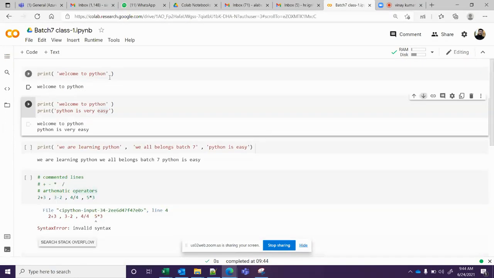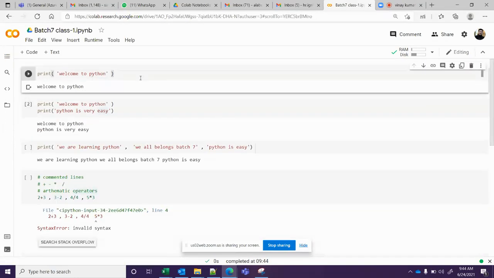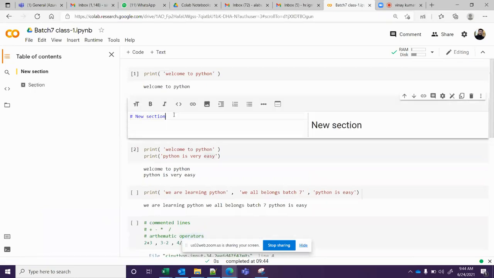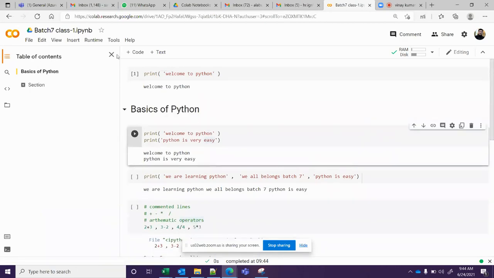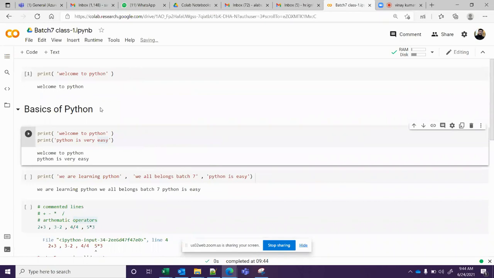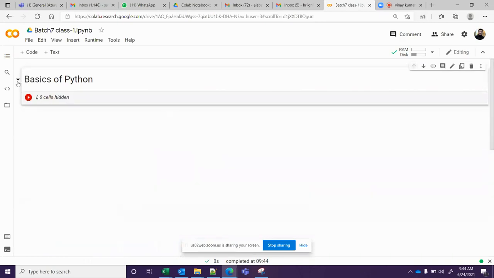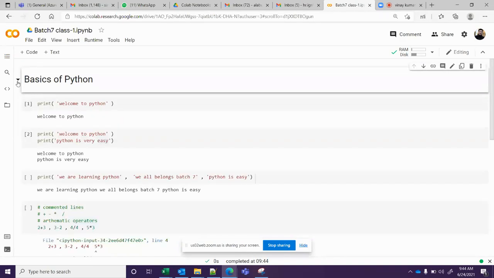I wanted to add a section here where, whenever you write notes, you write a clean heading. For that, we have something called a section. Go to section and write something here, basics of Python. Let's see how the text will come. Okay, now I got it here. This cell I wanted to move to the beginning of the file, so use the arrow button here. You can create a section in each notebook; this is how you maintain your notes in a disciplined way. Same way we can maintain it here. Okay, basics of Python.